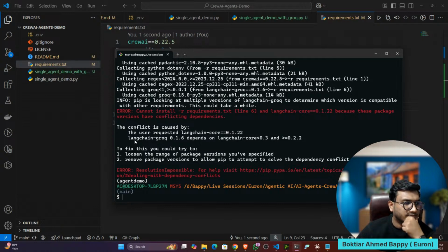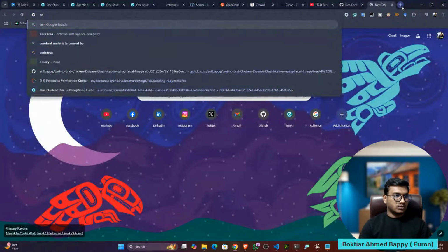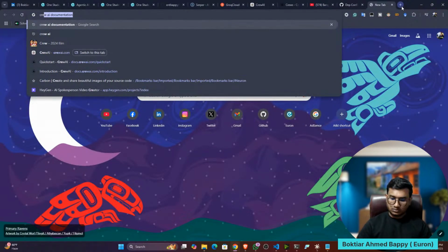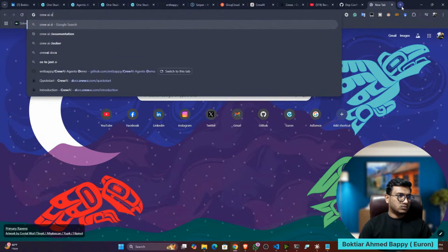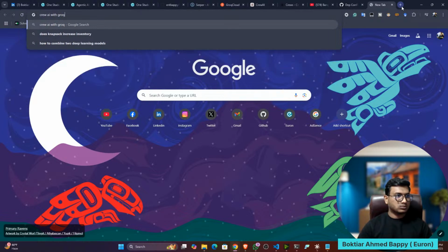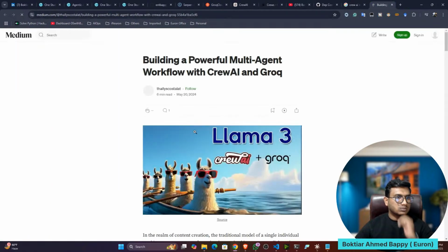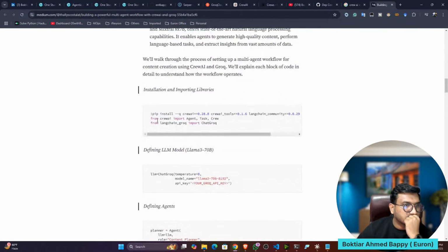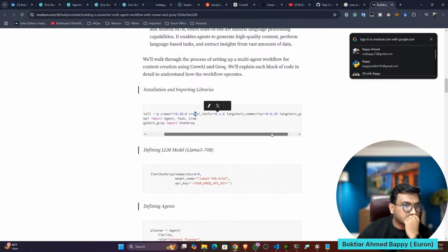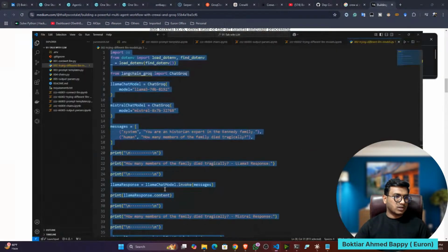The user, Crew AI, with Grok. Let's try this combination, guys, and let's see.